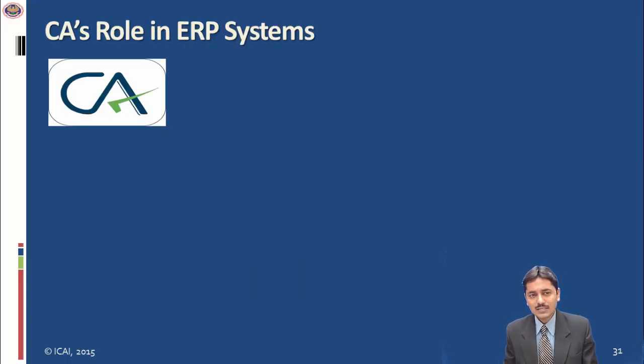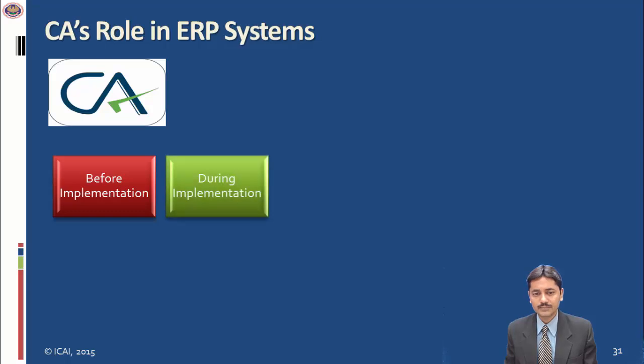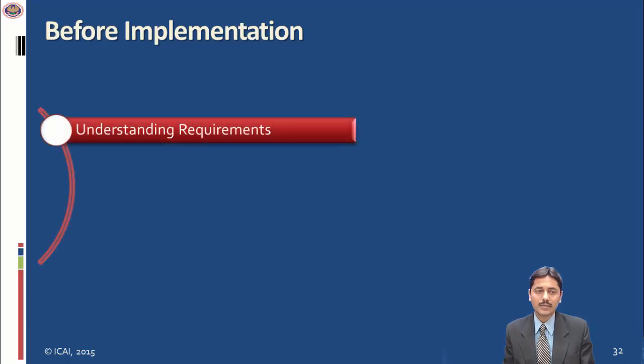Let us consider what is the CA's role in ERP systems. A CA can really play a very big role in implementation of an ERP system. A CA can play a very important role in three different stages. First is before implementation, second is during implementation, and third is after implementation. Let us discuss all the three cases one by one. Before implementation,